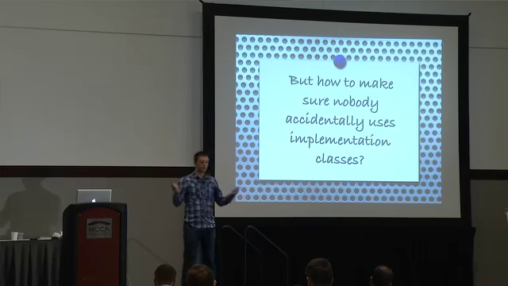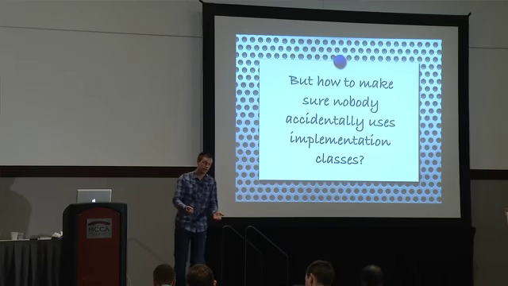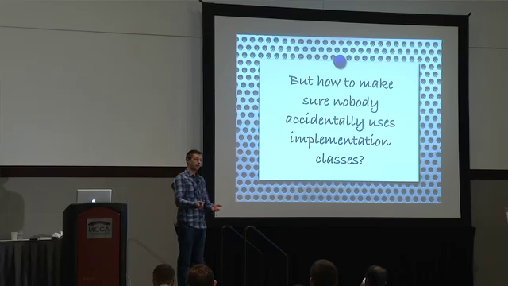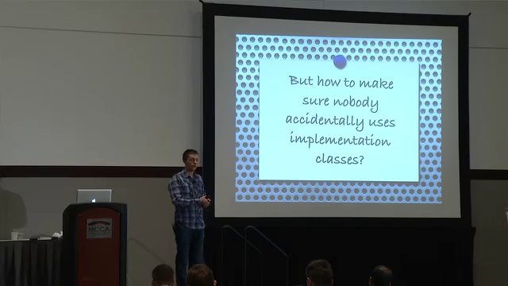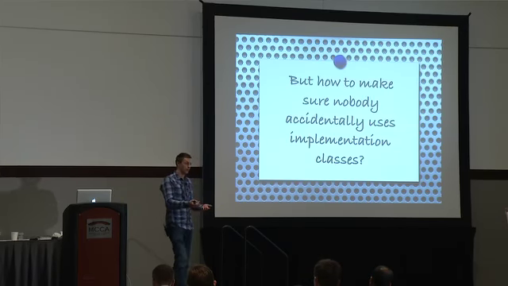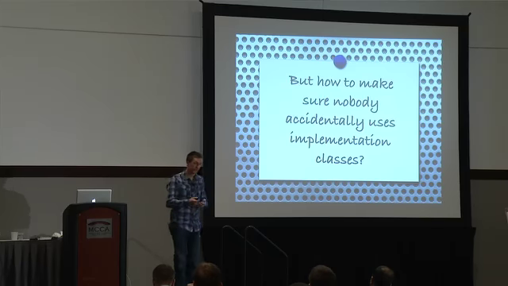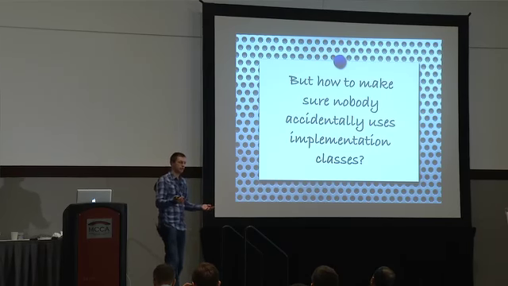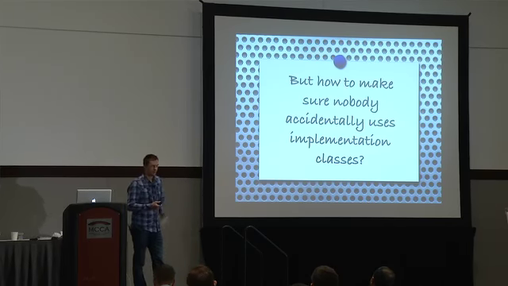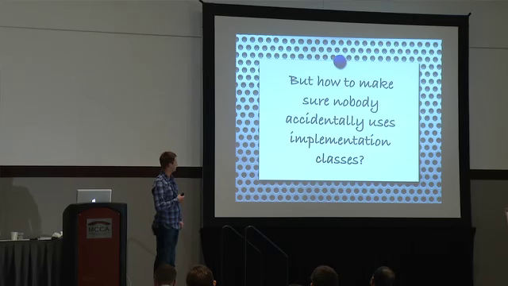And of course you can say, well, if someone is doing that, it's his own problem, because he chose to do that. But if someone else is working on a code base that he doesn't fully know, because the software is just too big, well, how does he know? How should he know which is an implementation class and which is an interface, for example? Well, people start using namespacing, so we create packages and call them implementation, or we call a class implementation. And these are all tricks to work around this problem, but there's not really a completely working way to do this, just tricks to work around it.